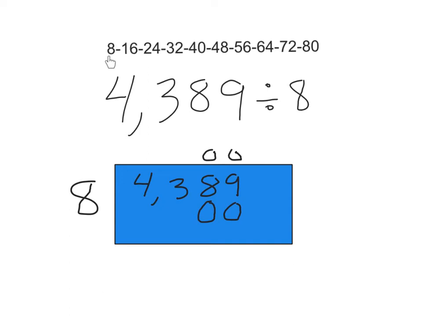Now, I'm counting by 8s. 8, 16, 24, 32, 40, and I cannot go to 48, so I'm down here at 40, which is 1, 2, 3, 4, and 5. So I'm going to plug a 5 in here, and that means 5 times 8 is going to give me the 40 right here. And as you notice, it's really 500 times 8, which gives me 4,000, because of these two zeros here. But let's move on, and I clearly have no trouble coming, so I am ready to make